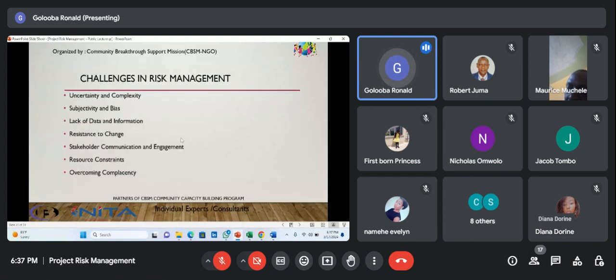So, what are some of the challenges in risk management? Of course, there's uncertainty and complexity. Projects operate in complex and dynamic environments characterized by uncertainty, which makes it challenging to anticipate and assess all potential risks accurately. You cannot know all the risks,